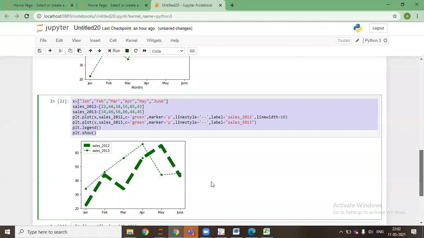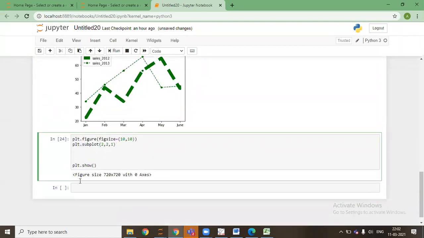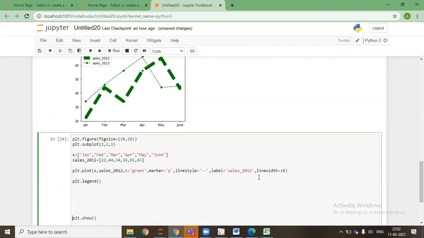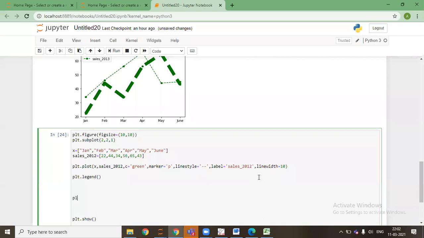I'll copy this, I'll delete this, and again I'll copy this and paste this.